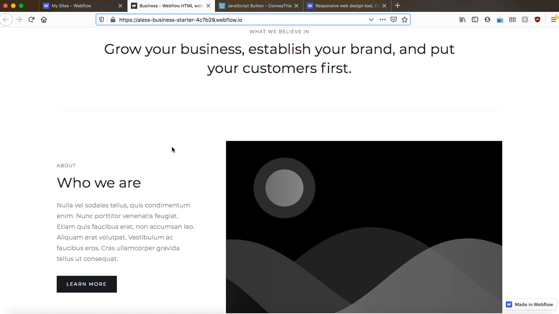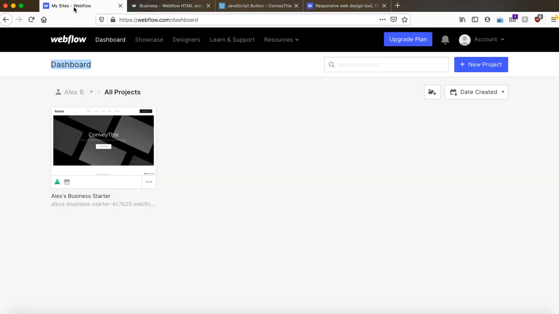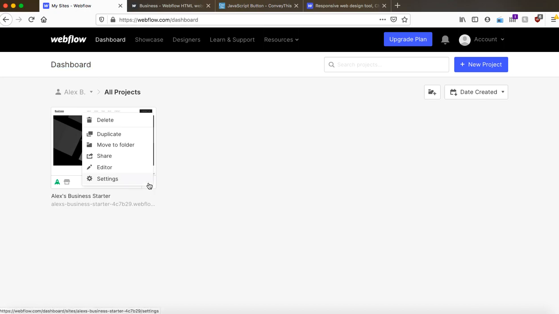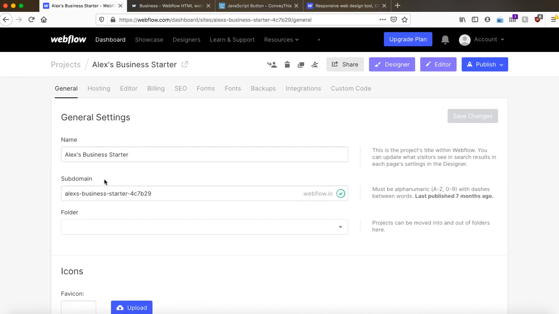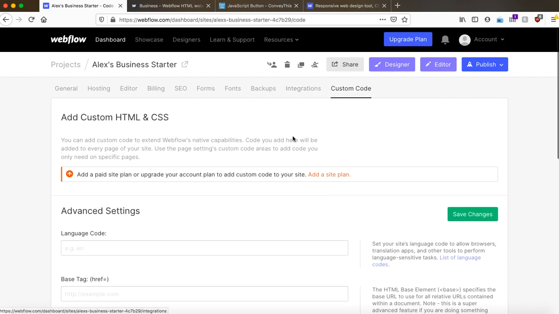And then you have to go to your dashboard, this is my dashboard on Webflow account. And I need to click on the multiple dots under my project tab and go into settings. In the settings, I need to locate the tab which says custom code. And in this tab,